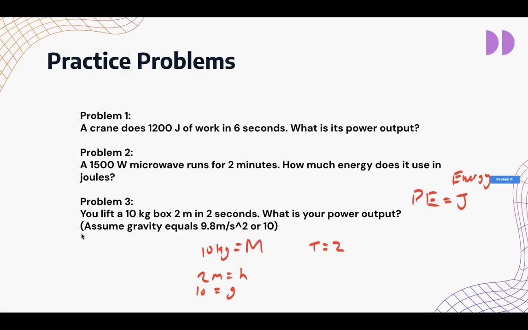Because we know PE, the potential energy, is equal to mgh, right? And guess what? We have all three things of mgh that we need here, right? So if we multiply that out, we get 10 times 10 times 2,